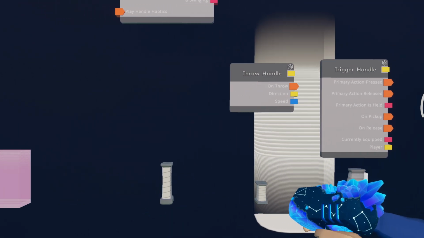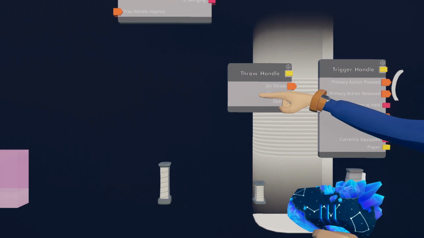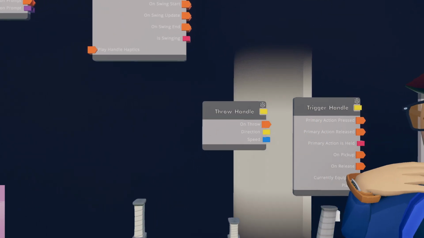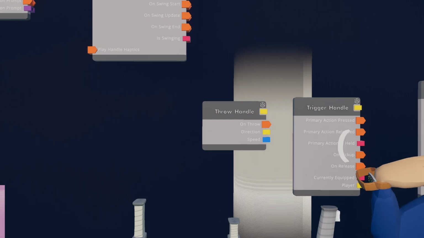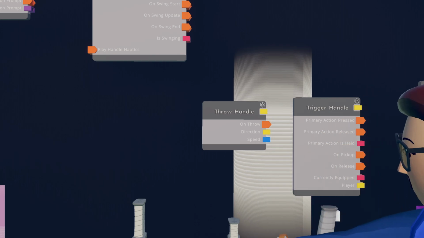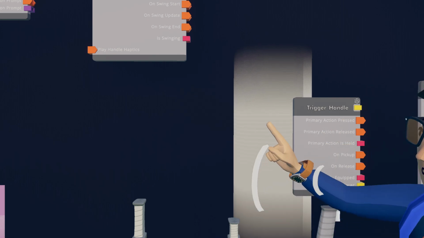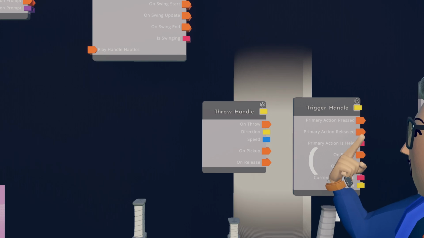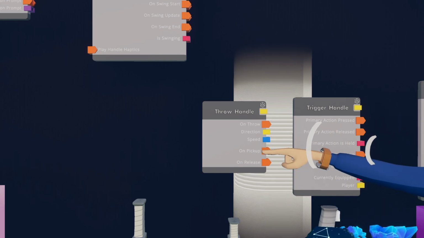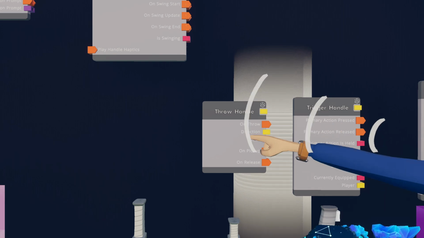There's a throw handle. Pick up and release. I think those will also run when you pick it up or drop it. Let me try something. Change this board. If I delete it and create it, unlike the trigger handle, what this one does have is an on-throw port. It should, yeah. Okay, cool. It looks like they added it to the new board. So it's got the pick up and release, and it's got the on-throw.